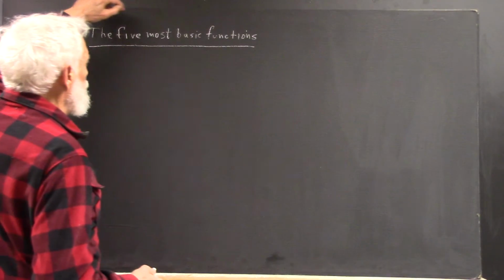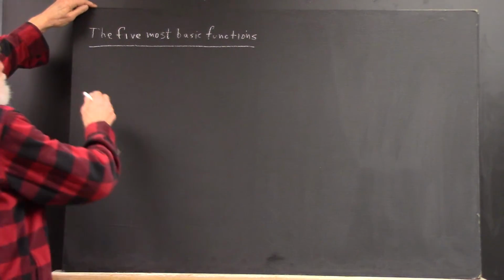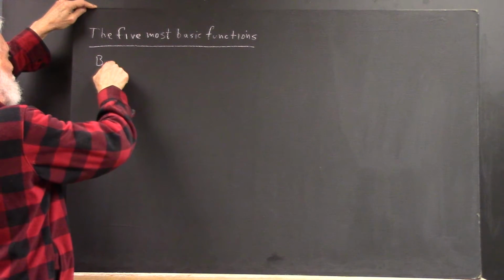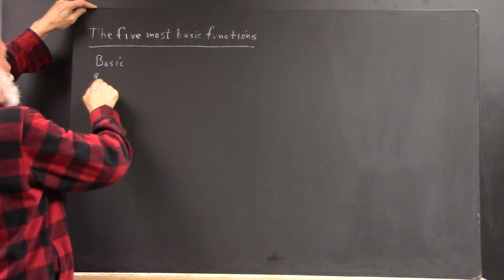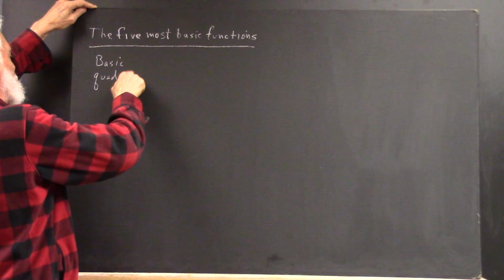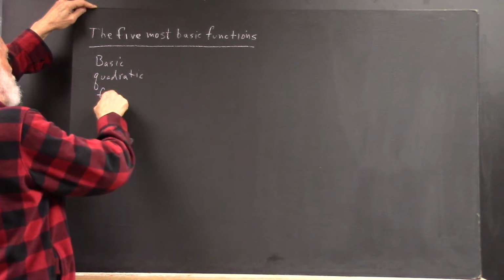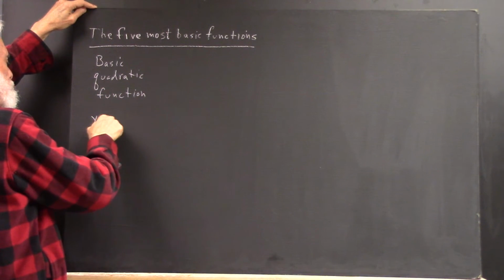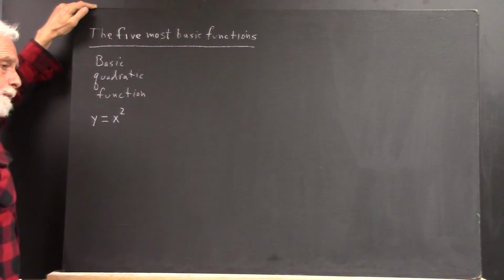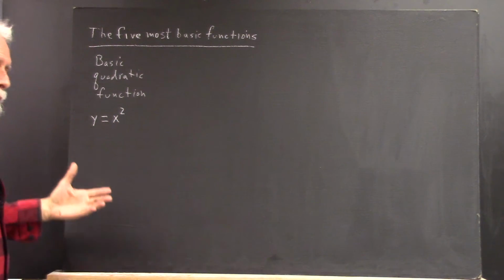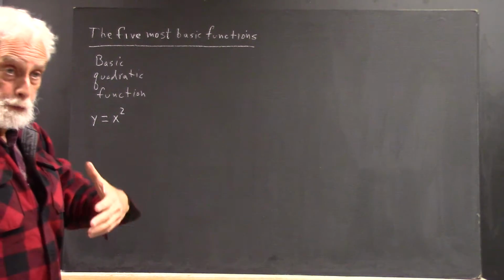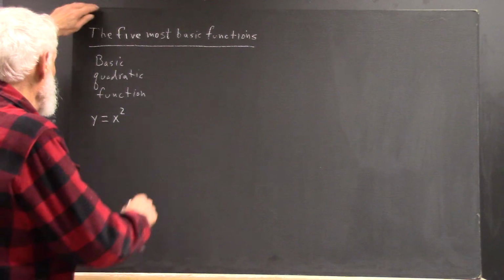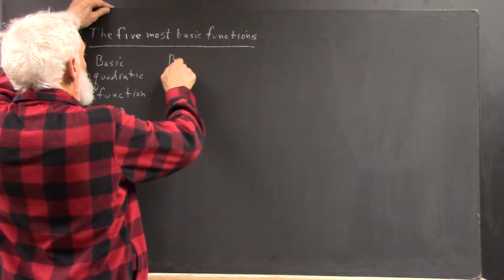Okay, so the 5 most basic functions are the basic quadratic function, y equals x squared. Many things are modeled by quadratic functions. And this is the basic quadratic function. Okay? You have the basic